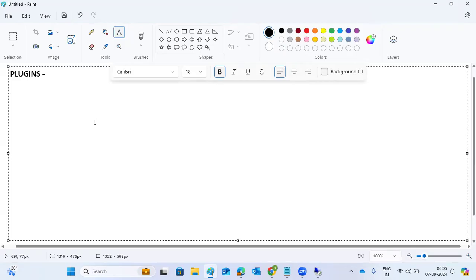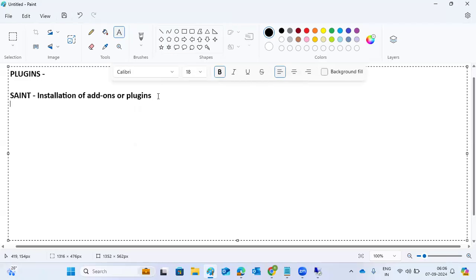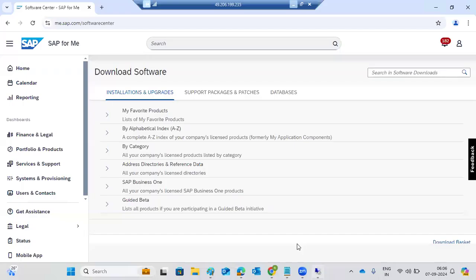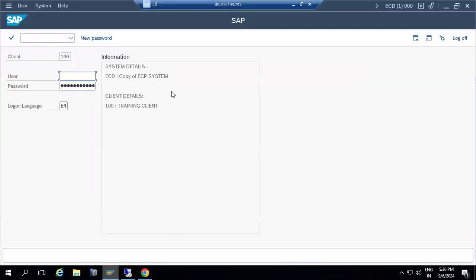SPAM is for updating the existing ones. Here, SAINT is the transaction code for installation of add-ons or plugins, new add-ons and plugins. We can use the SAINT transaction code here. If you go to the SAINT transaction code, suppose yesterday some of the DMIS